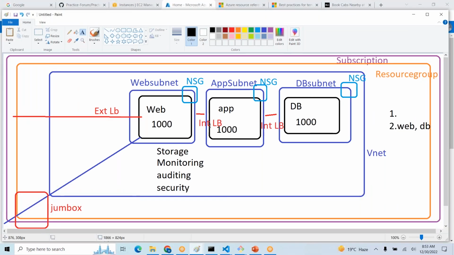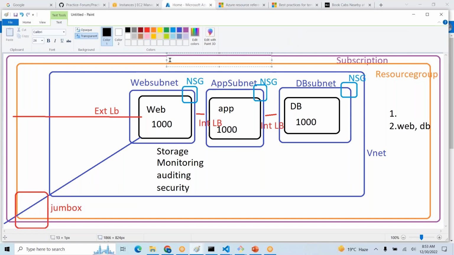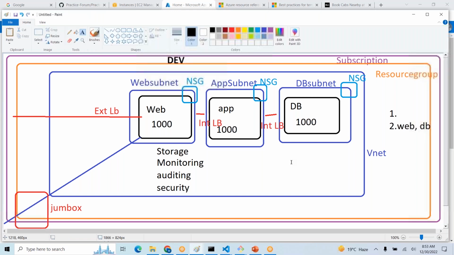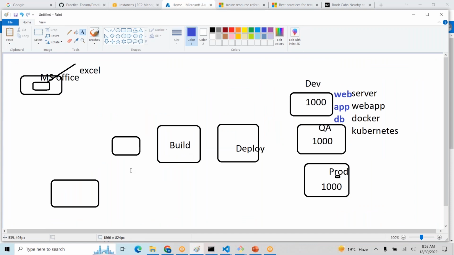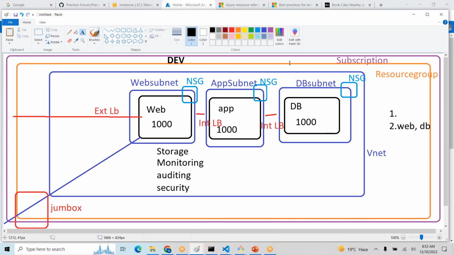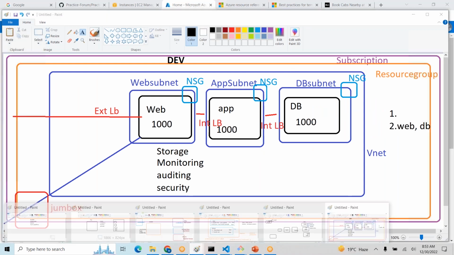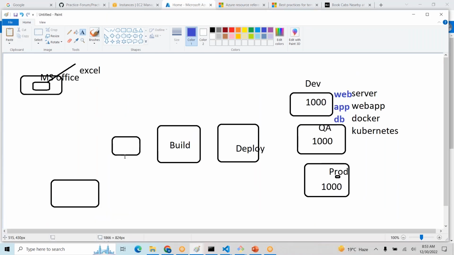Let us imagine this is only for the dev environment. So if you want to create this environment, only the dev environment, this is the one. The same way, if you are trying to create the automation,